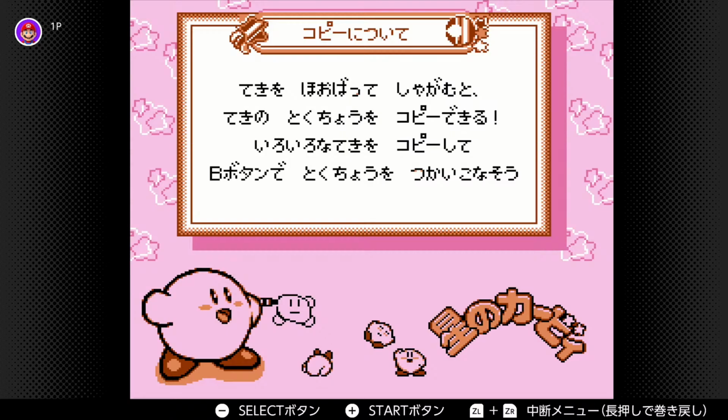We change suru into its te form. Unfortunately, it's irregular. You just have to remember that it's ste. And so, by copying various enemies,